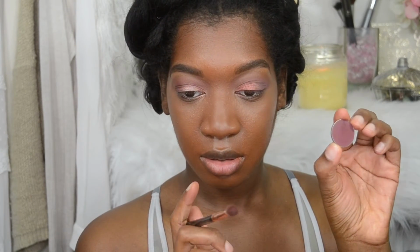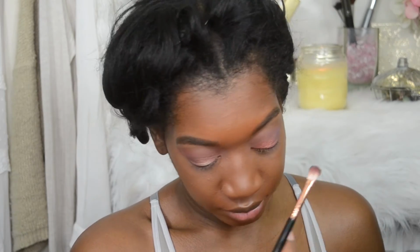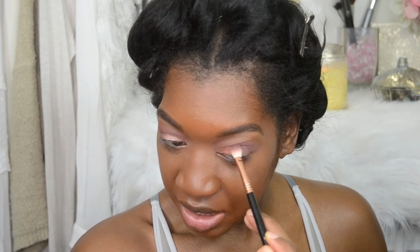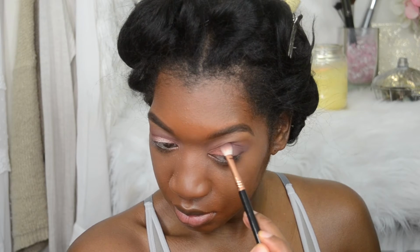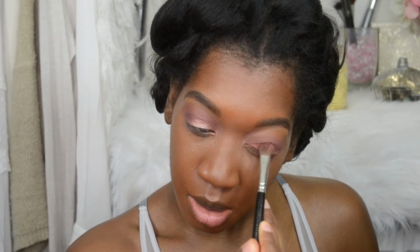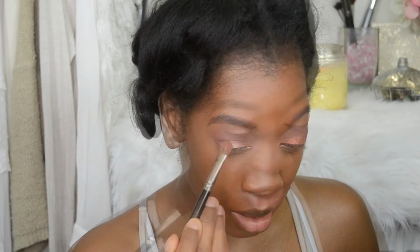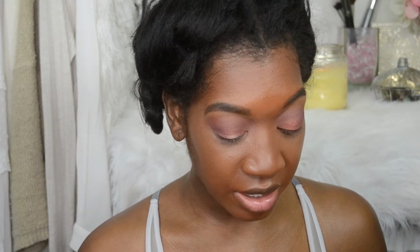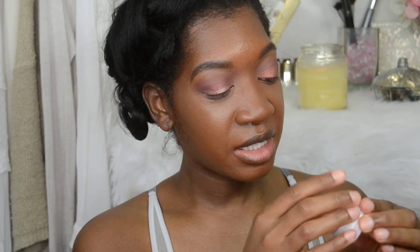Then I want to take Cherry Cola by Makeup Geek, and I'll just place that where I placed the other two colors, just for a little bit more color. And then if I need to, and which I see that I do, I'll just add a little bit more of the Coppering by MAC, just in case it was washed out a little bit. I will take just a little bit of the ColourPop Lovely, and this is kind of like a